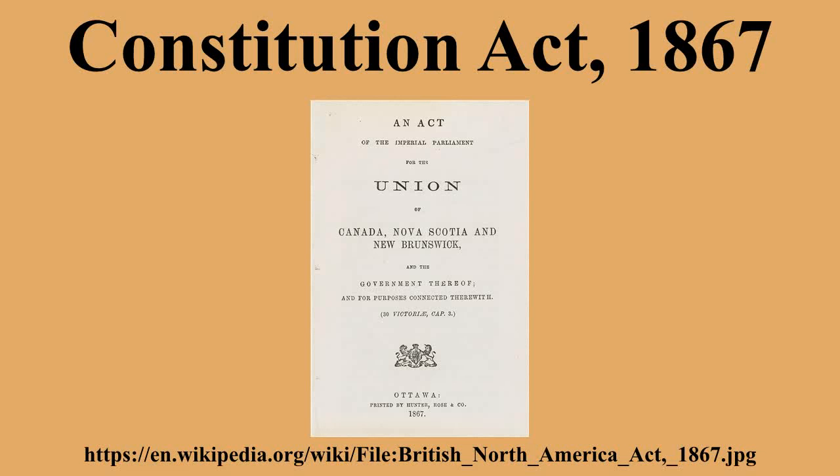Language rights. Although the 1867 Act did not establish English and French as Canada's official languages, it did provide some rights for the users of both languages in respect of some institutions of the federal and Quebec governments. Section 133 allowed bilingualism in both the federal parliament and the Quebec provincial legislature, allowed for records to be kept in both languages, and allowed bilingualism in federal and Quebec courts.